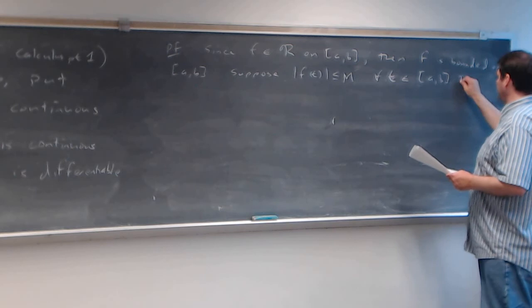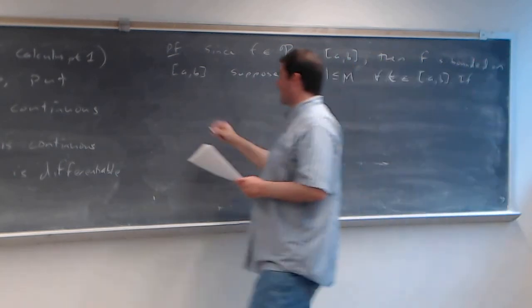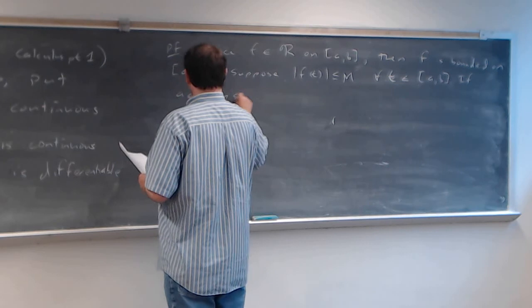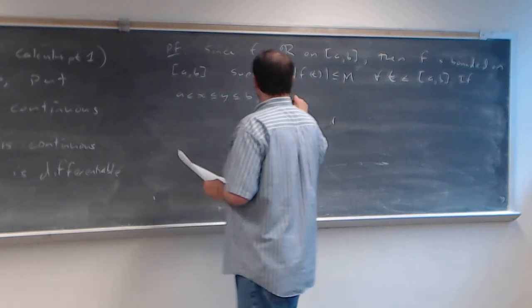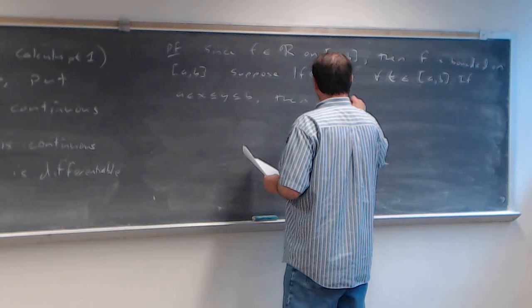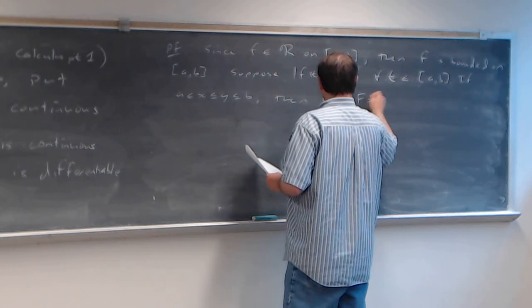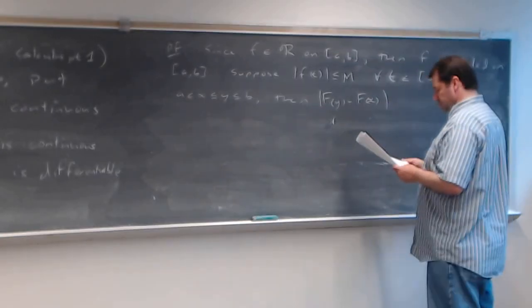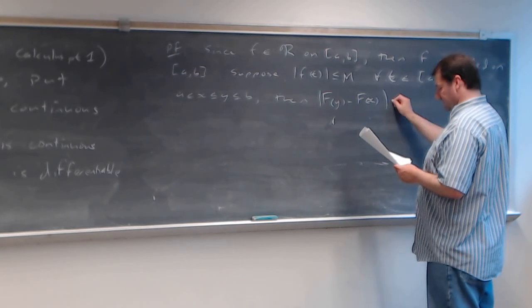Now, if we have a less than or equal to x less than or equal to y less than or equal to b, then when we look at the absolute value of big F of y minus big F of x,